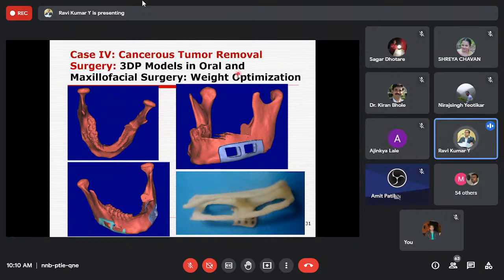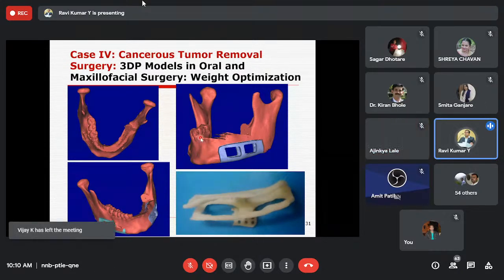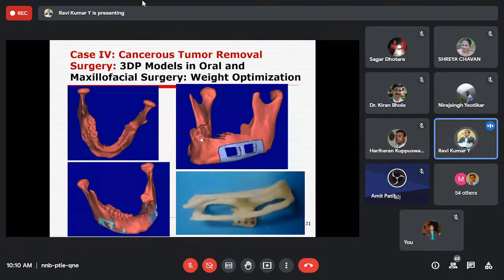And then weight optimization, again, you can take the advantage of topology optimized structures. That is, the weight optimization or the topology optimization can be done. Why? Because in order to minimize the weight and encourage cell growth, you can adopt a lattice structure sort of design. So initially, this is in a modeling software where this implant was initially suggested to the